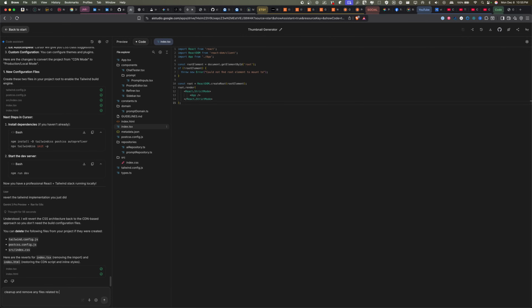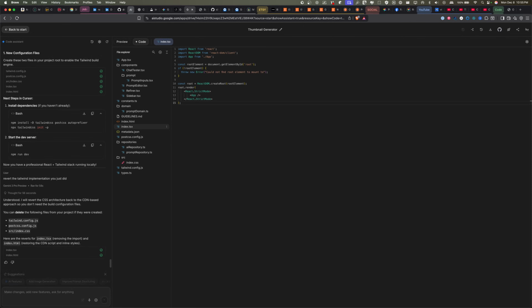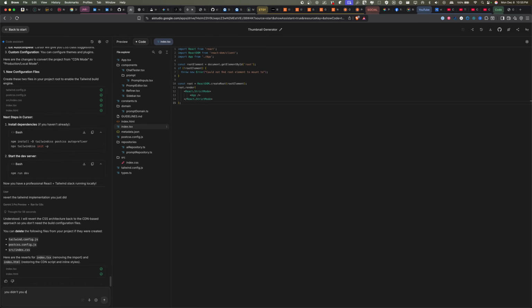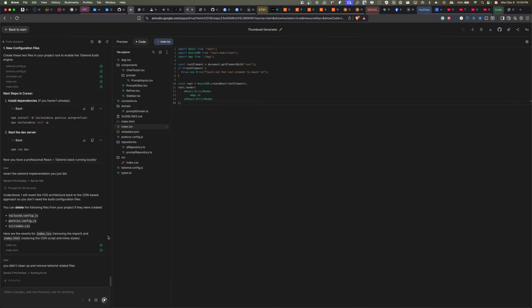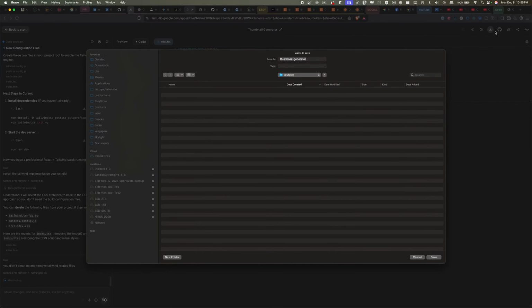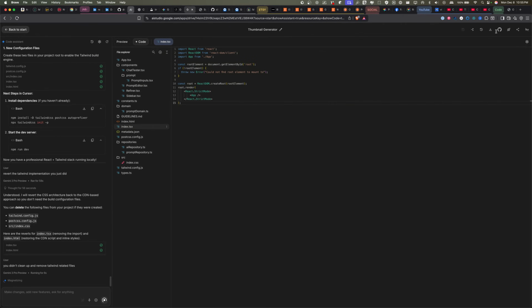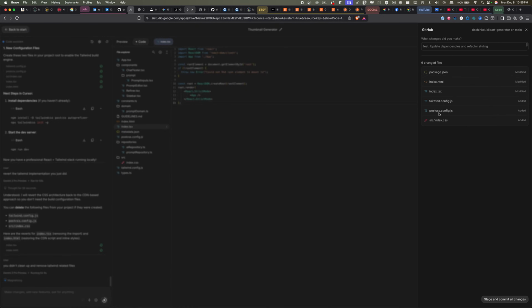You didn't clean up. Dude. Oops, I don't want to download it. So it should have gotten rid of the PostCSS and should get rid of this.